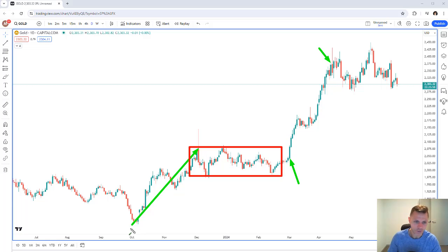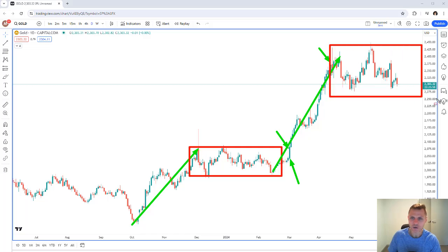Then from here, we go through an energy using phase, energy building phase, and then guess what? When we started the breakout, I actually rode that up because now we're going through the next phase, which is what? Energy using. And then it got tired, and now look what it's been doing ever since, basically 2.5 months now. It's probably going to be 3, maybe even 4 months by the time this energy building phase is complete, and then we're probably going to see